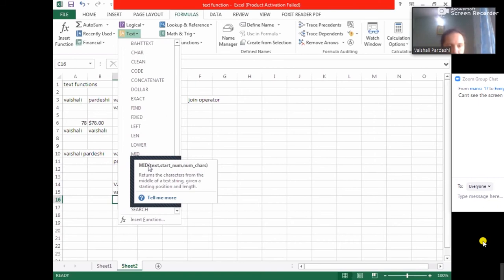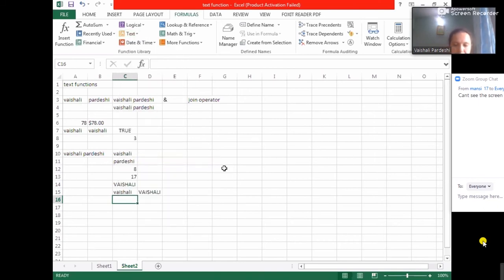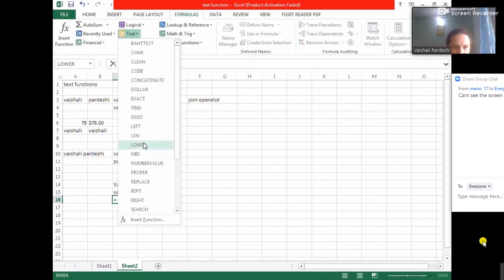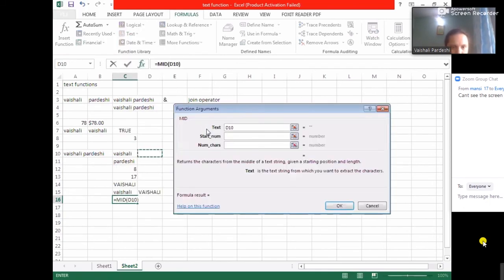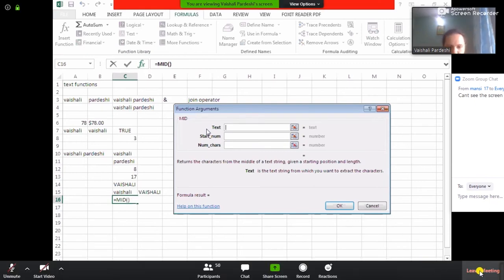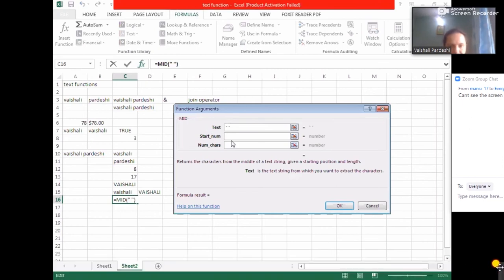So, let us understand the parameters of this function. What I'll do is I'll click on the mid over here so that it's easier to see the parameters. From the mid, what text you want to find? Text is the string from which you want to extract the characters.